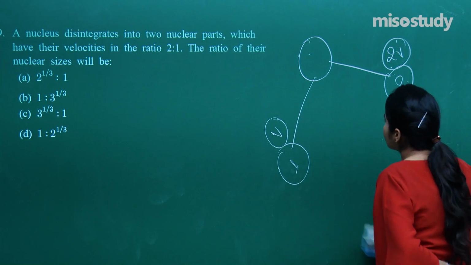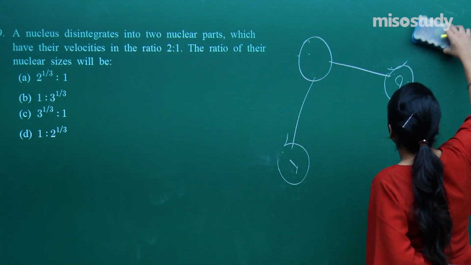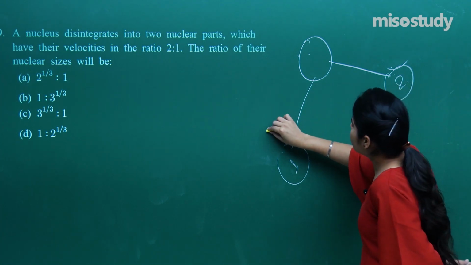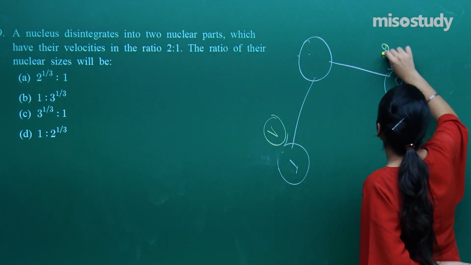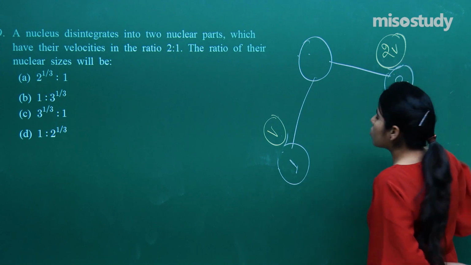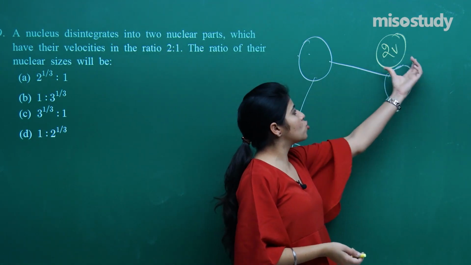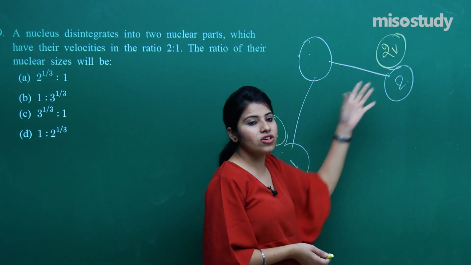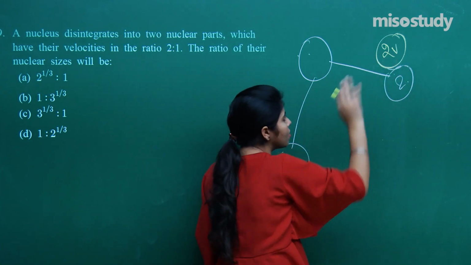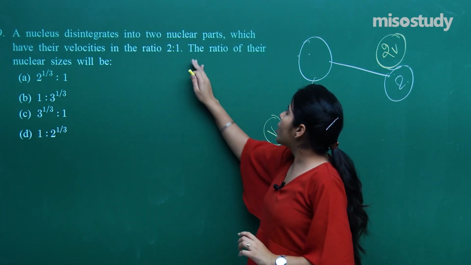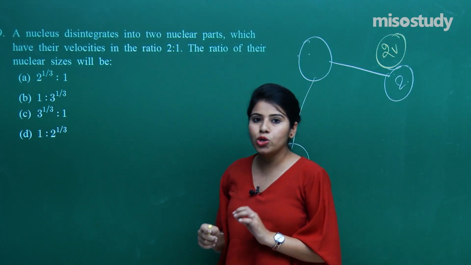Let me just mark it with another color. So this is 2 particles. One will be having v as your velocity, another will be having 2v as your velocity. It is not mandatory to write v and 2v at this place. You can just write over here 2V and there V. So that doesn't matter. Now we have to find out the ratio of their nuclear